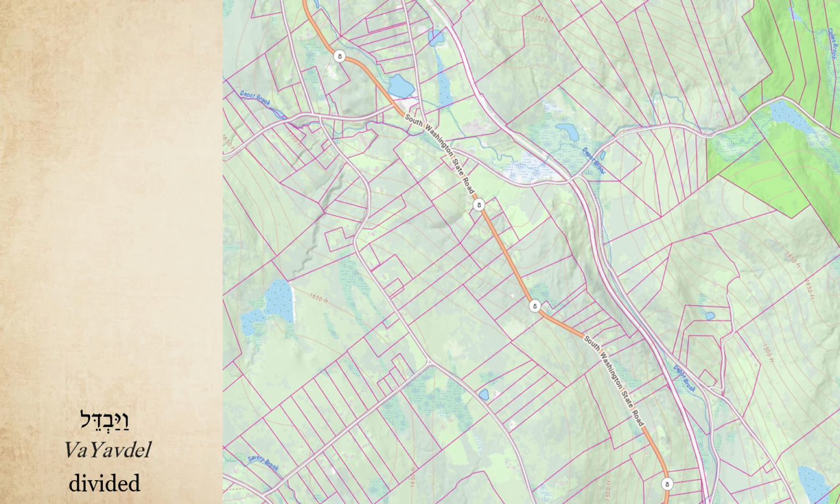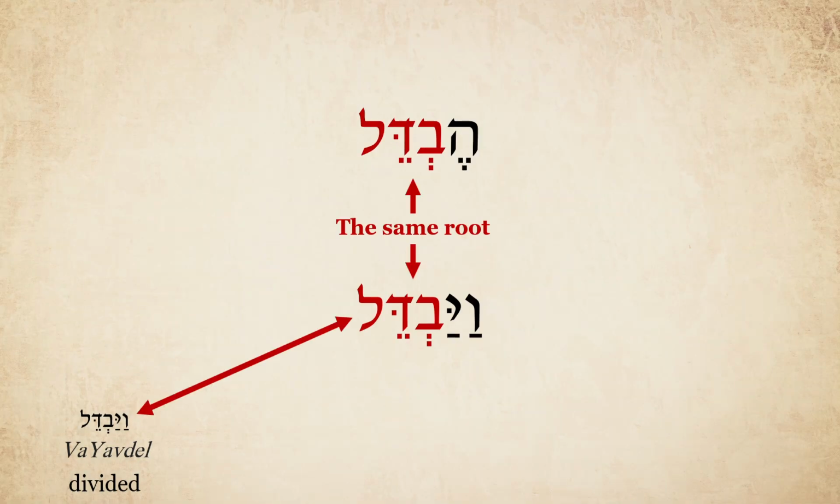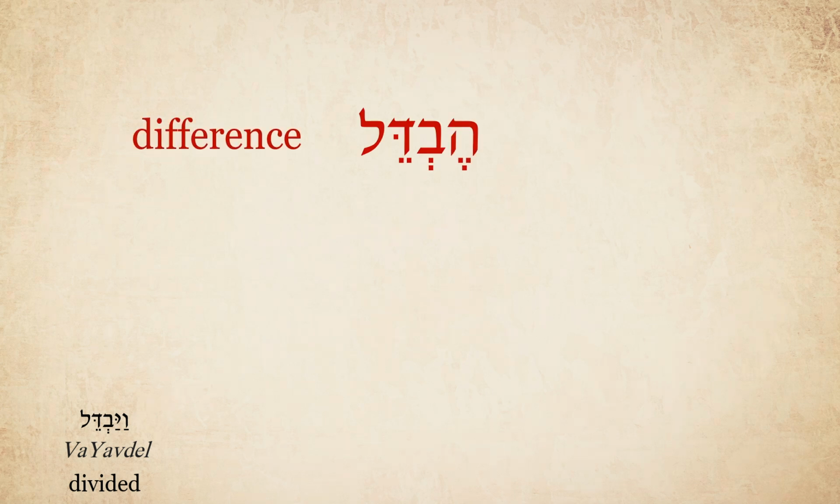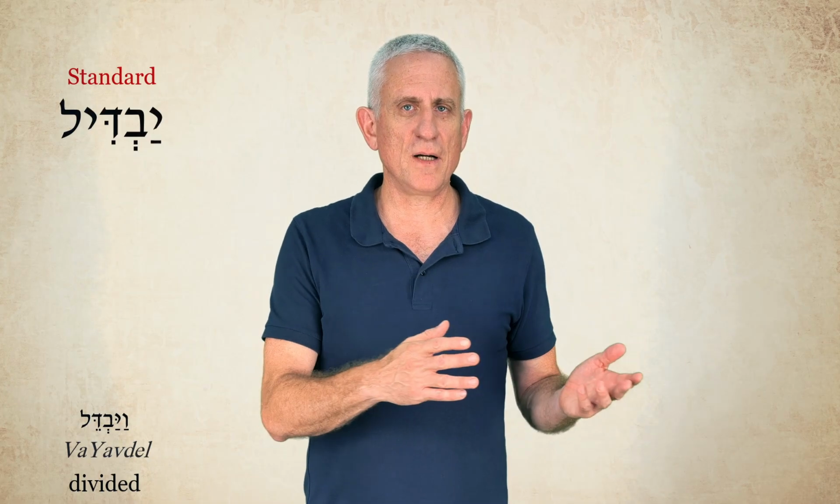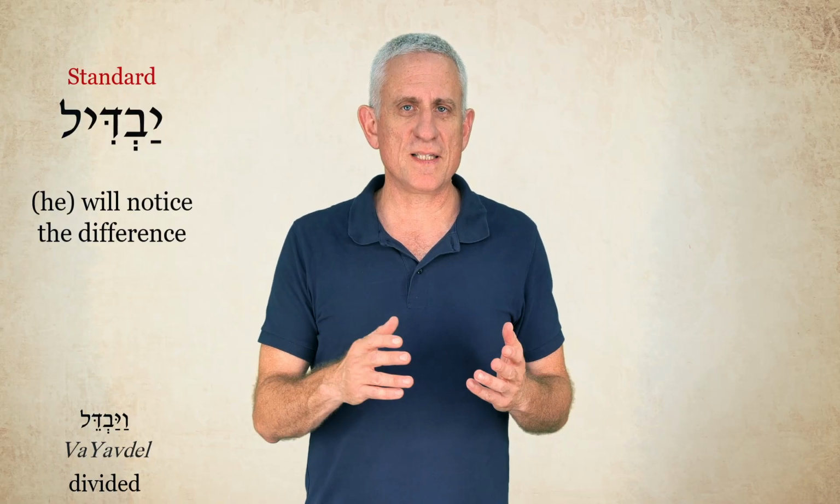You can divide something without separating it, like dividing land into plots while the land itself is not physically separated. This is made even slightly more complicated when considering that the modern word Hevdel, which has the same root as the word in our verse, means difference. So we say in Israel, Ein Hevdel, there is no difference. The verb Yavdil, which we've just talked about and is the standard form of Yavdel, means to notice the difference